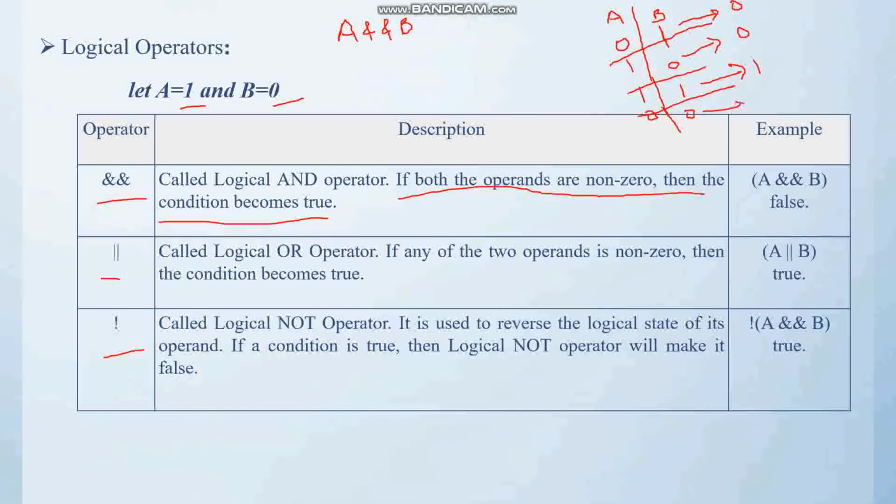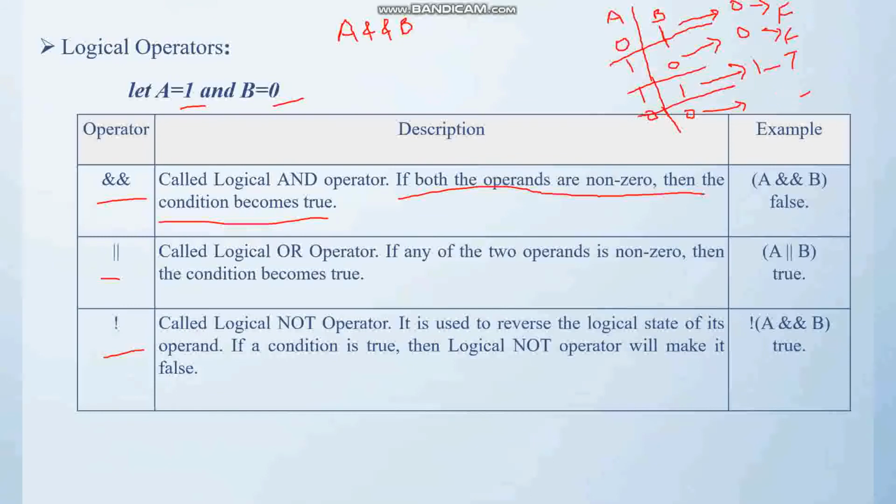In this case, it will generate 0. So only in this case we are getting 1. We treat 0 as false, so false, false, true, and false. This is the logical AND operation.